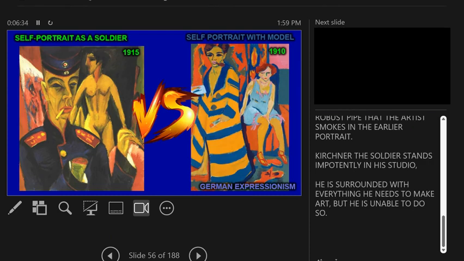And the soldier artist is surrounded with everything that he needs, like he's standing in a studio. So, the paints are there, the brushes are there, the canvases are there, but he's unable to work because of